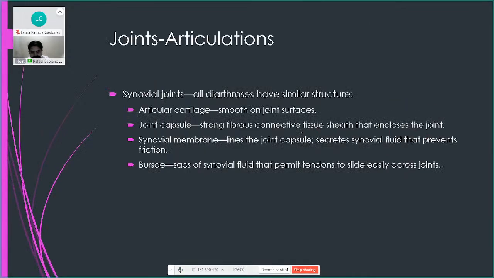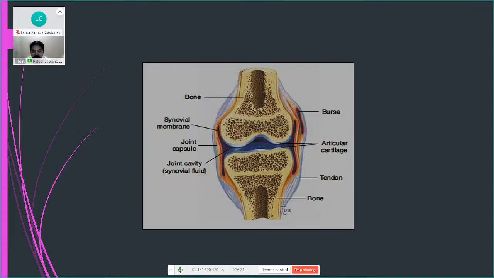Alright. Last part. We're in the last part na. So, since our synovial joints are the most abundant aton body, they are the most known or most famous, the plentiest. Pinakadamo. The synovial joints has a cartilage, a capsule, synovial membrane, and a bursa. So this is an example of a synovial joint. So all of your synovial joints look like this. Of course, they don't necessarily have the size of this bone, but they have this same structure.